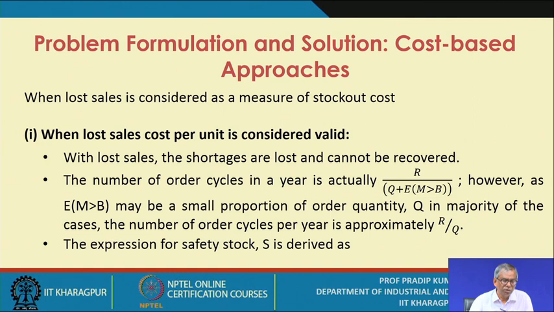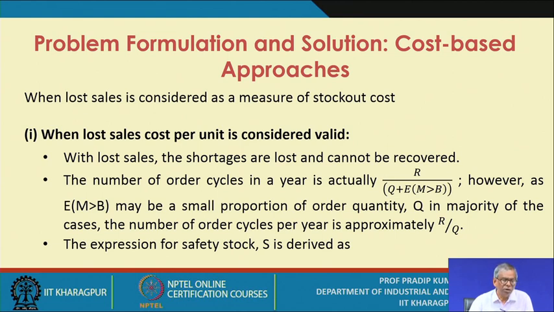So now during these lecture sessions we will consider the lost sales case. That means there is a stock out. Suppose it's a Q system, so we are always explaining the problem with reference to a particular inventory control system, that is the Q system. Obviously the same approach you can use, or the same conditions you may face, for the P systems of inventory control.